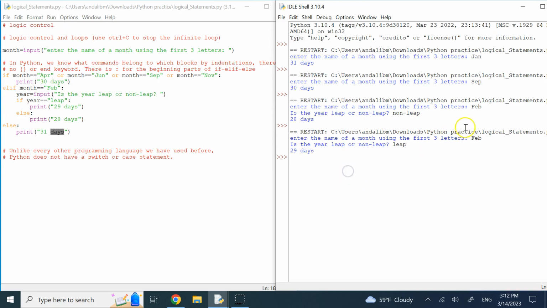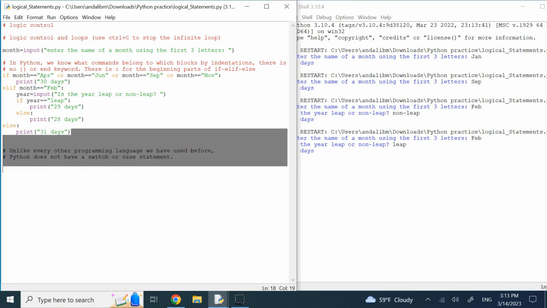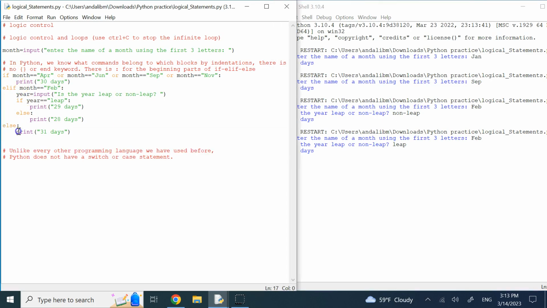Now, what if I enter something other than these 12 first 3 letters? If I make a typo or deliberately want to break the code, you have to have a case to cover that. And I always mentioned, use else to cover the cases that are not appropriate. So if I were you, instead of writing the code like this, I would add another elif and then say month equals what? Equals January, or, and then keep doing that, right? And get all of those